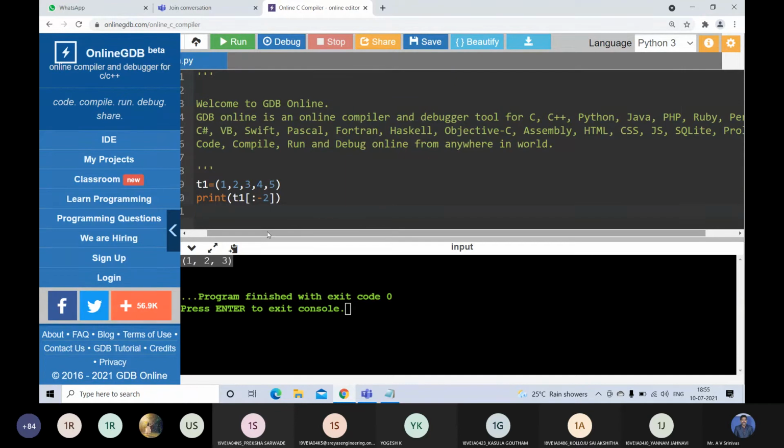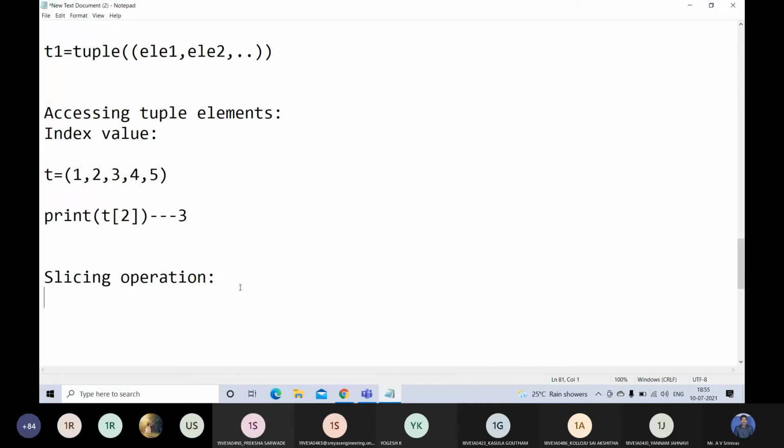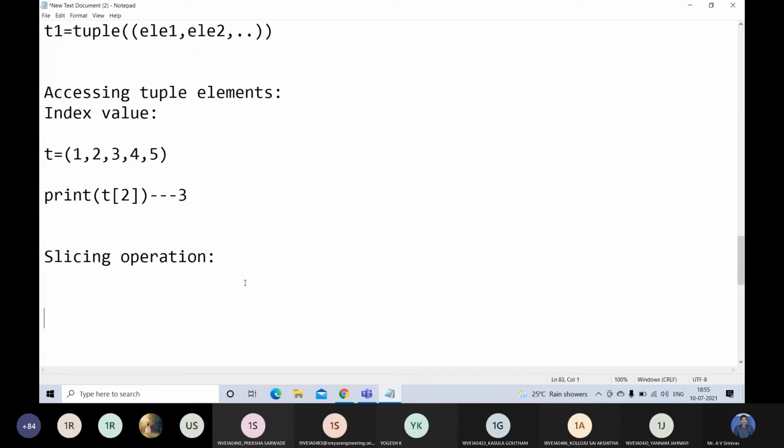Yes, sir. So next one is, these tuples are immutable objects. So here there is no adding or changing elements. That is not possible. I am following the same order as yesterday when we discussed lists. First declaration, then indexing, then slicing, then we have seen changing or adding elements. But here tuples are immutable objects, so changing and adding is not possible. That's why we go directly to deleting a tuple.